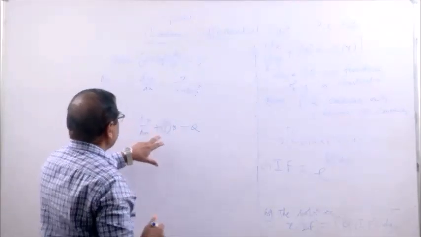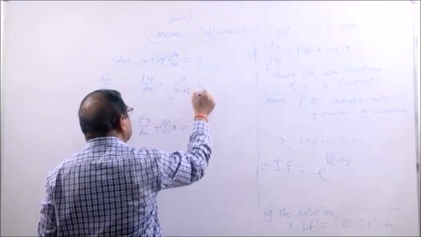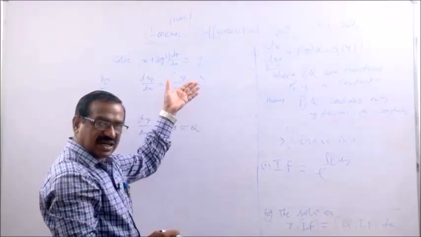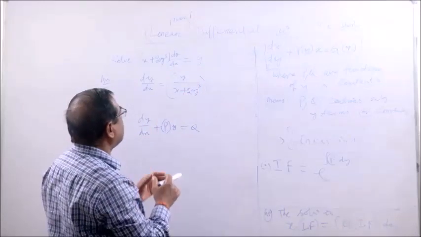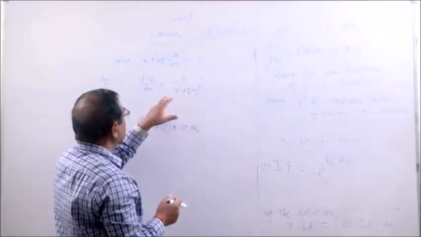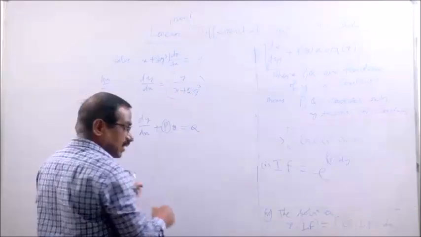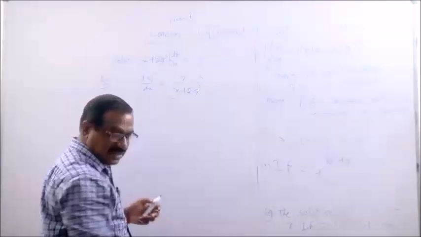So you see, this is not of this type, and in common sense you see the number of terms in the denominator of the right hand side are more than the number of terms in the numerator. So, you think, have a second thinking, is this problem of this type? How can you know? Let us change this. That is, let us take the reciprocal. What happens if you take the reciprocal?